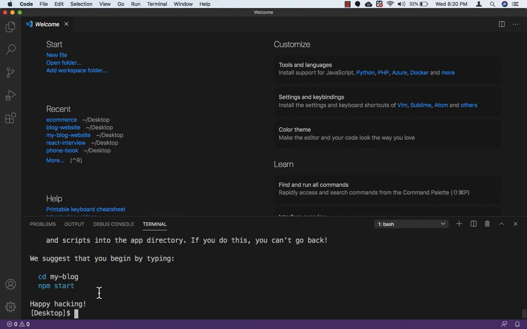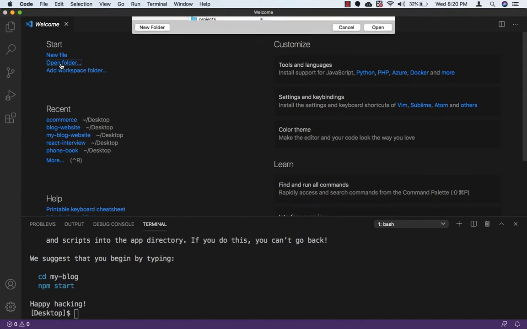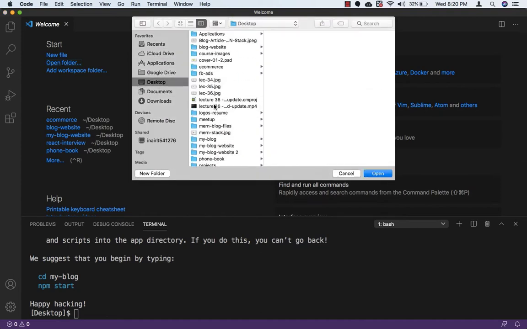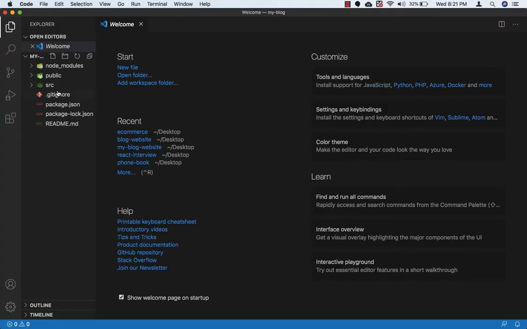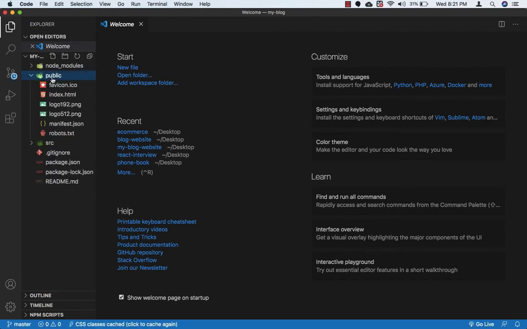So now we need to open this folder, my-blog. Here we need to click on open folder, and inside desktop, I will select my-blog and click open. Let's check the files. So there are two directories. One is the public directory and one is the source directory. Inside the public directory, we have index.html. This is the entry point for our application. And then we have